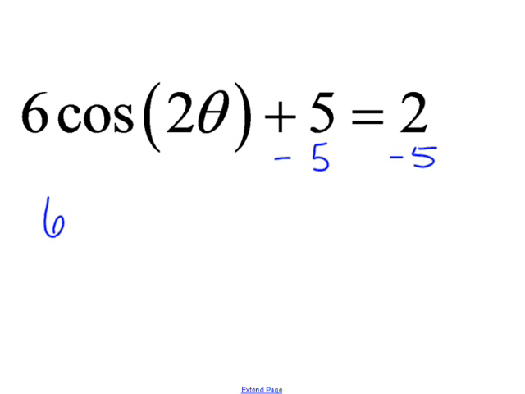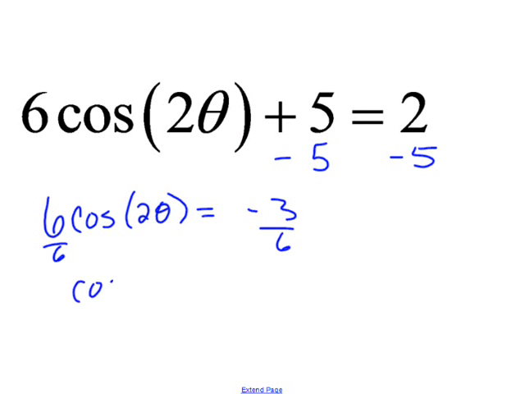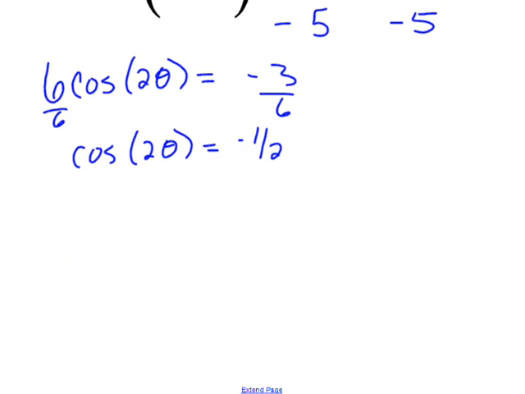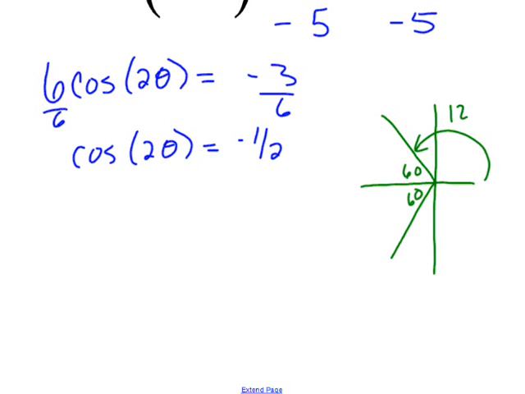So I subtract the 5. I divide by the 6. I get cosine of 2 theta equals negative 1/2. Okay? In the old lesson, we ask ourselves, where's cosine negative? That puts me in the second quadrant and in the third quadrant. And you ask yourself which angle, when you take cosine of it, gives you 1/2. Your reference angle is going to be 60. So our two answers here are 120 degrees